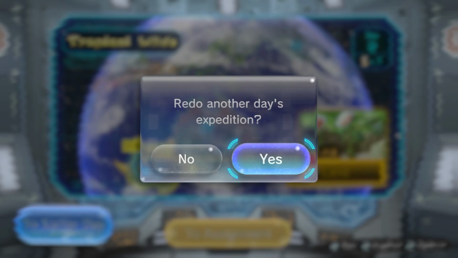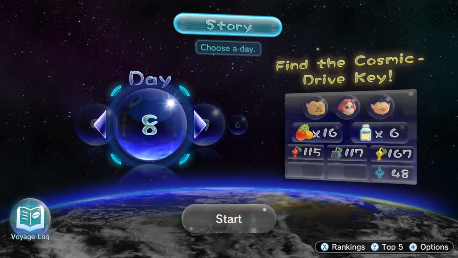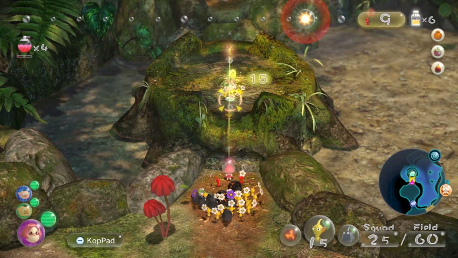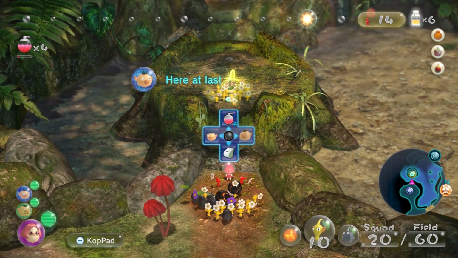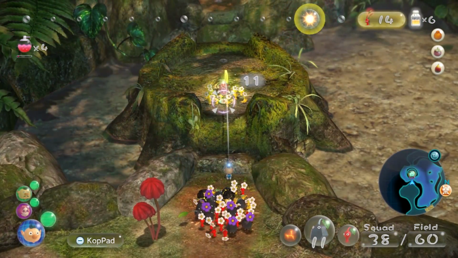Factoring in the fact that you can easily rewind time to a previous in-game day if you think you've made a mistake, and you are looking at a really chill time with this title. Regarding time to beat, while Pikmin 3 isn't as short as Pikmin 1, it's certainly nowhere close to the length of Pikmin 2. While I acknowledge that this is because Pikmin 2 is full of cave systems that take up most of the game's length, Pikmin 3 is still a rather short game,